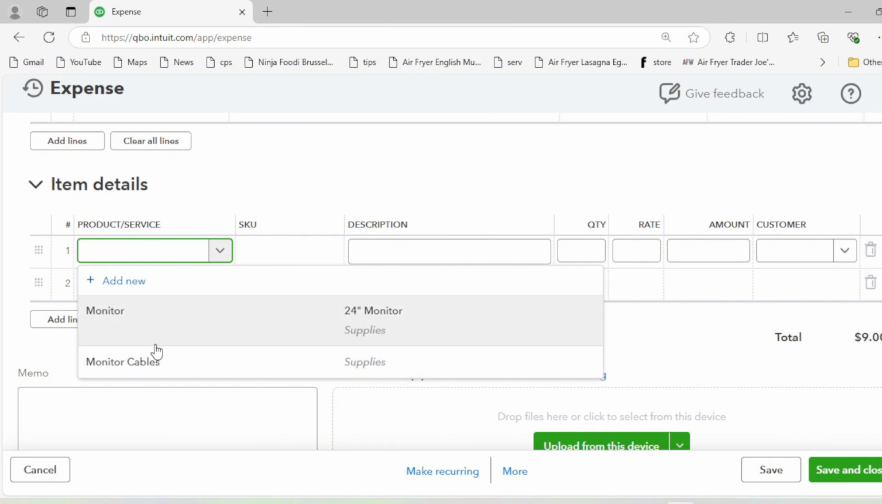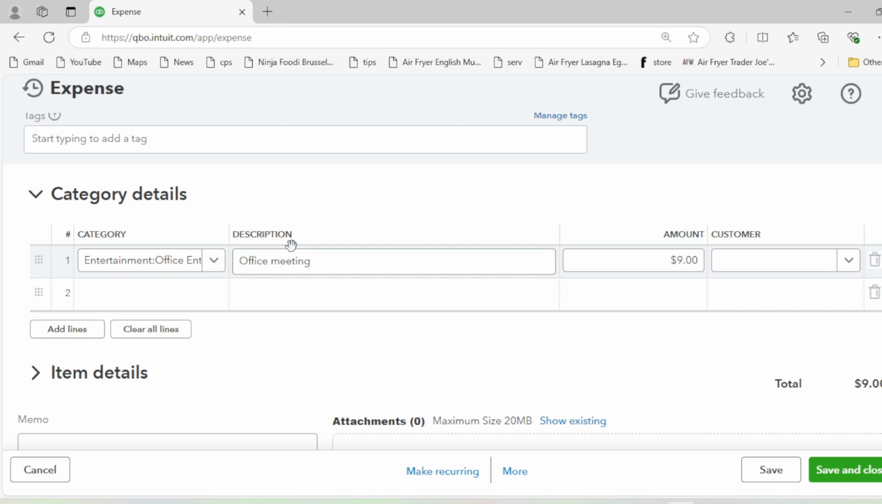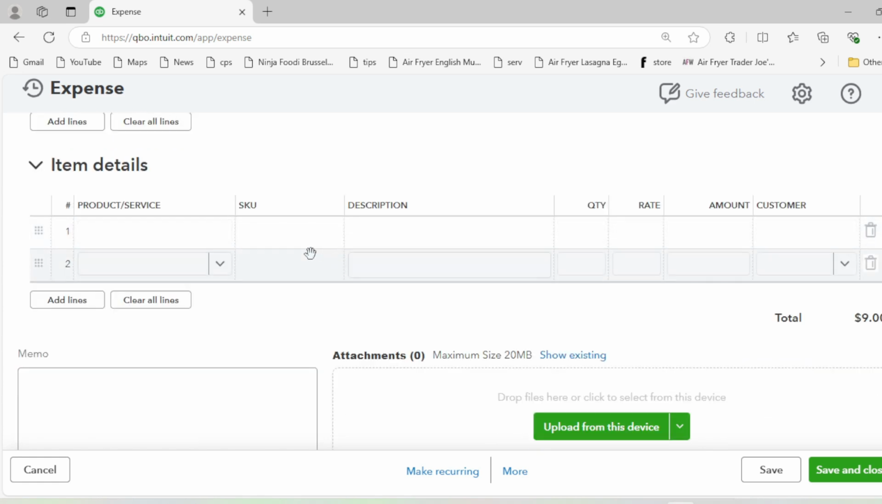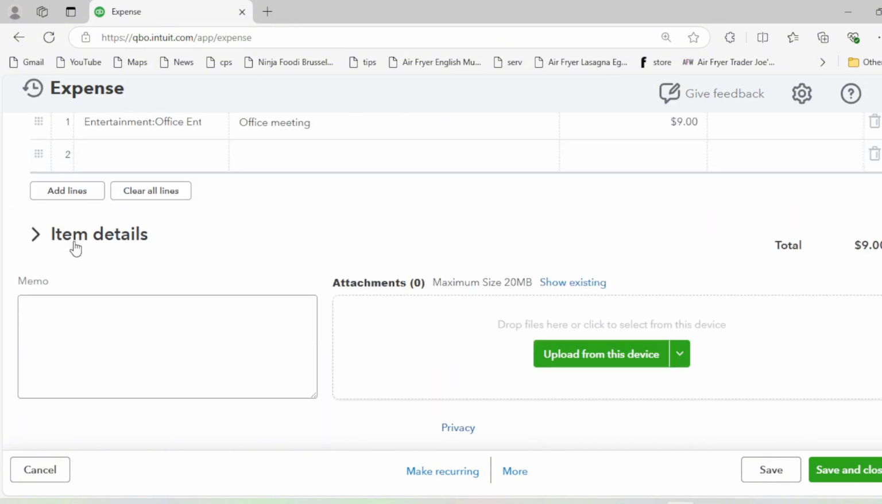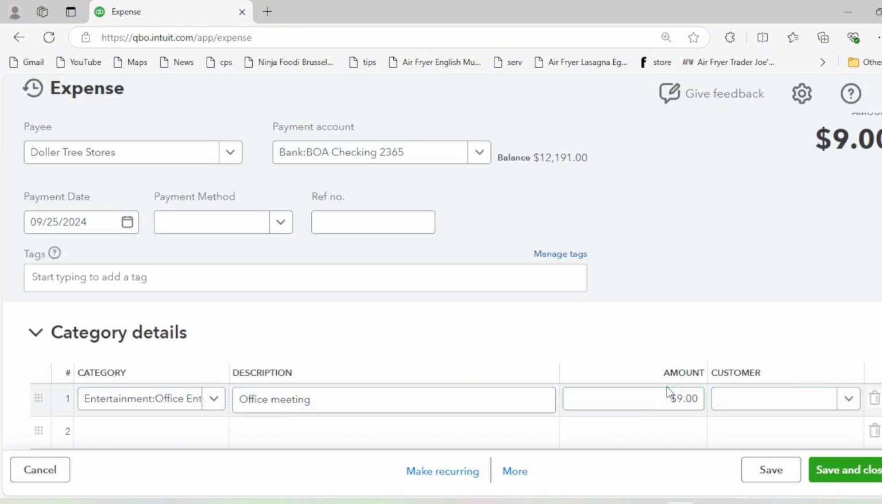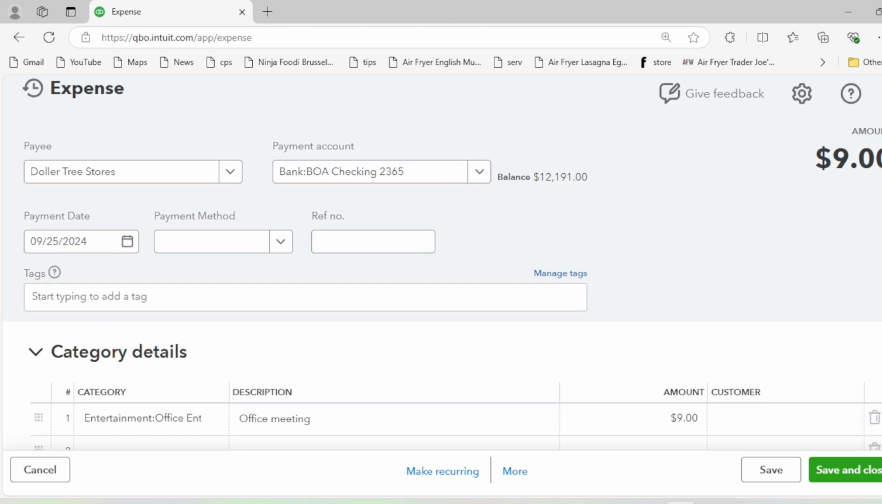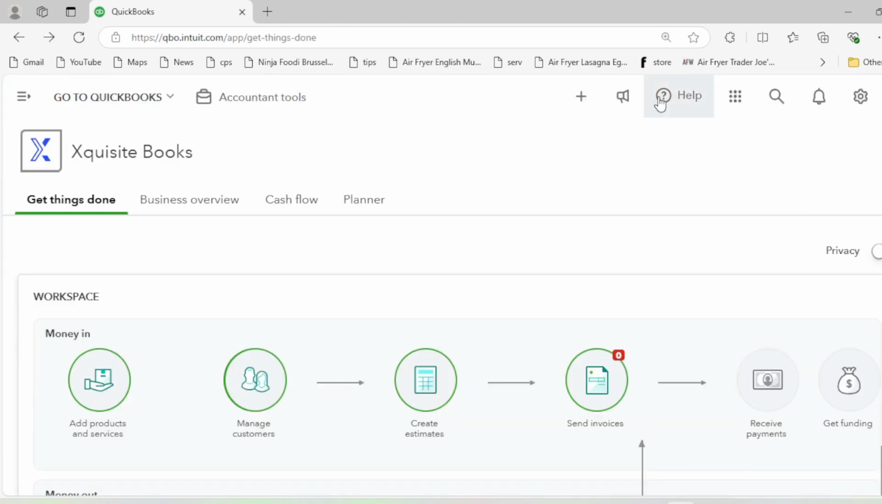So if I am purchasing these from my vendors, I'm not going to add this on the category details, because these are not my operating or admin expenses. These are my inventory items. I'll make a detailed video on this section as well, but for the time being we are done with our expense. And if I go to my chart of accounts,